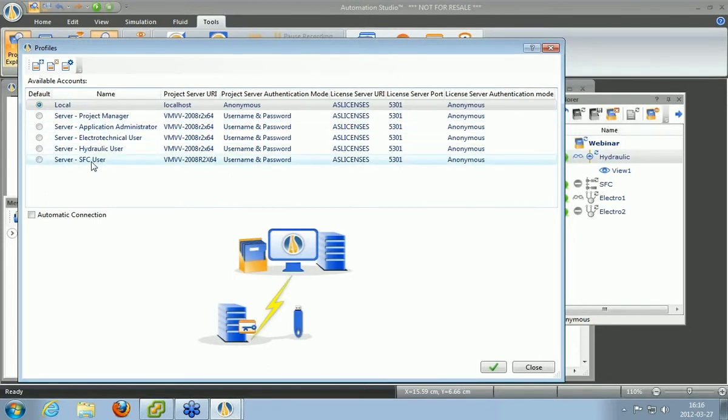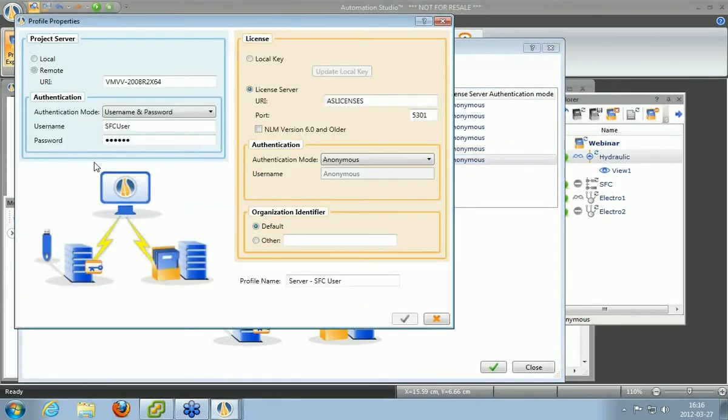connection profiles. If I double click on the SFC user one, it will open this window, which allows me to create a connection for both the license server as well as the project server on the left. Right now, I am using a license server that is within our network, whereas for the project server, when I use this account, I'll be connected to the server that's specified